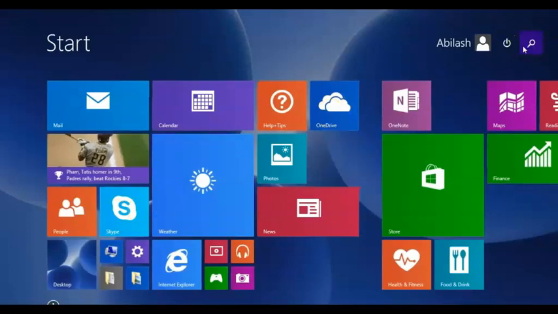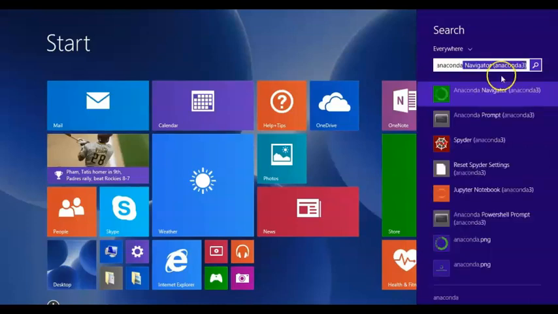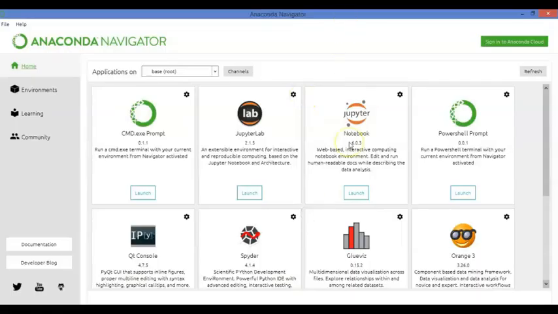Now see how you can open the installed version of Anaconda. To open the installed Anaconda distribution, just go to the search bar and type Anaconda. You can see Anaconda Navigator. Just open Anaconda Navigator. You can see the application starting. Alright. Now you can see a number of options. We will be discussing in detail about two things, Jupyter and Spyder. So let's click on Jupyter. Click on the Launch button.